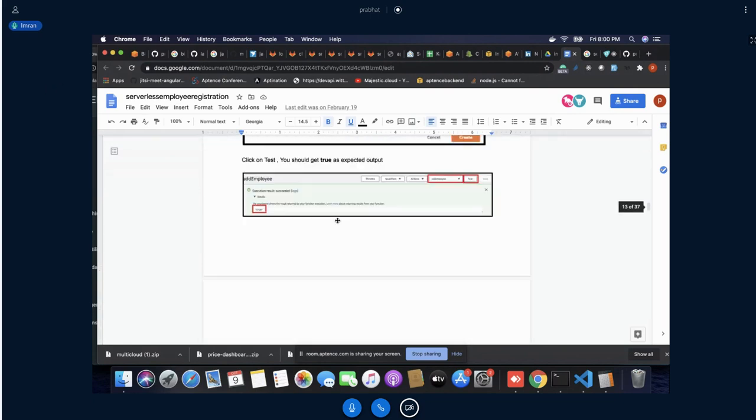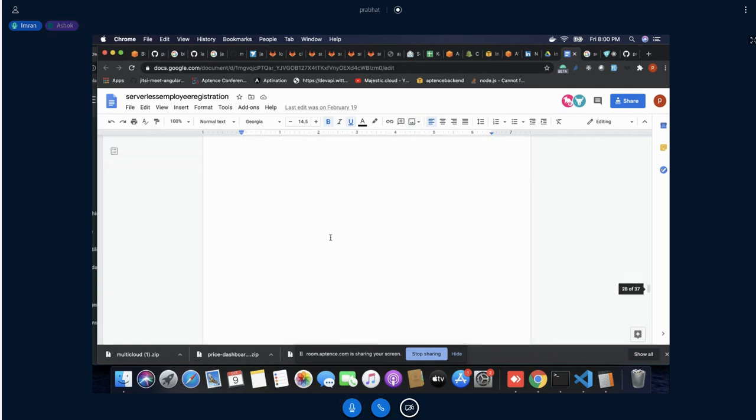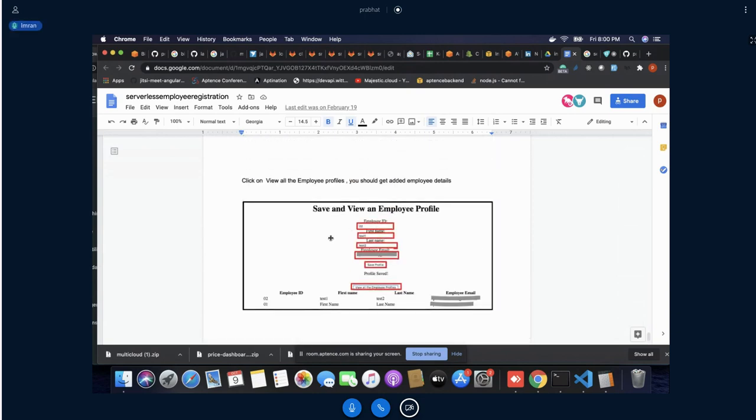If I take you to the bottom of this file, this is the complete serverless infrastructure using AWS Lambda. This is the website with employee ID, first name, last name, employee email ID. What will happen is if you add this information, it will be stored in your database, and your computing and everything will be done via Lambda function and DynamoDB. Means complete serverless. So this would be the lab that you will have to create.